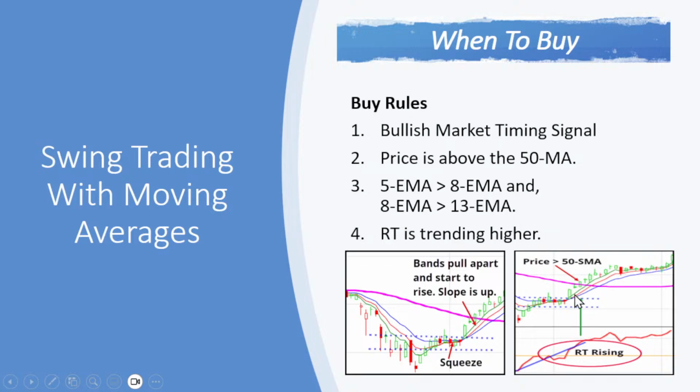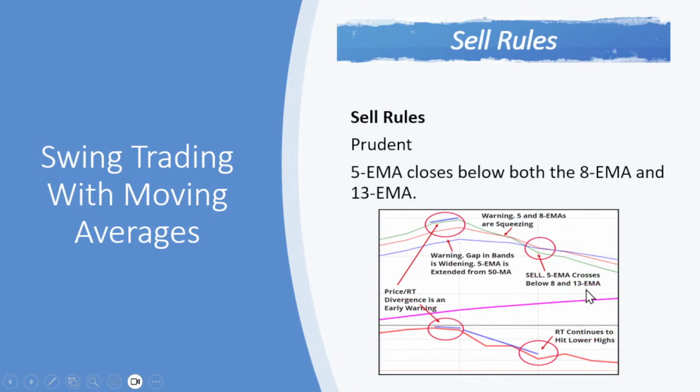Remember, there is no stop loss with this technique necessarily. It's not a stop price. It's an exit criteria. You're using the moving averages to exit. You're following the moving averages. So when you take the trade, you don't even need to have price on the chart to help you determine when to exit, because it's the moving averages that you're using.